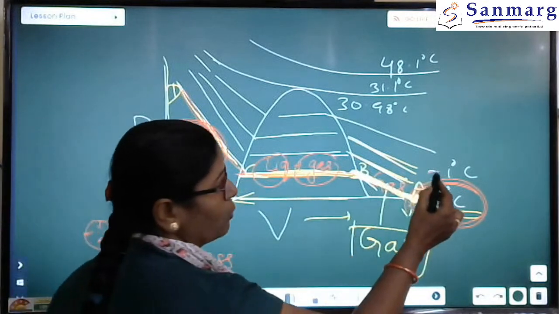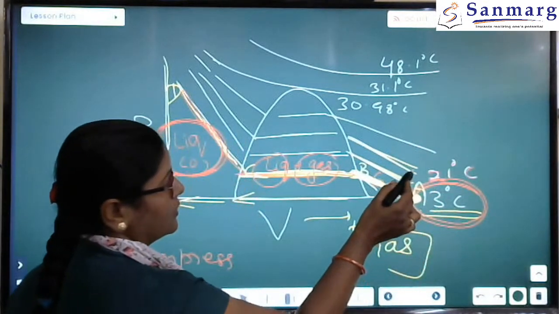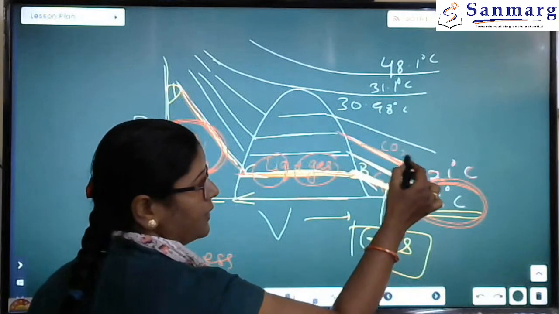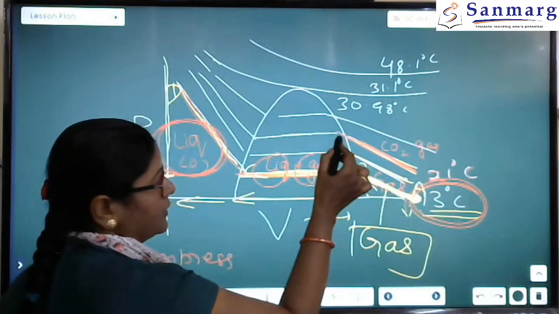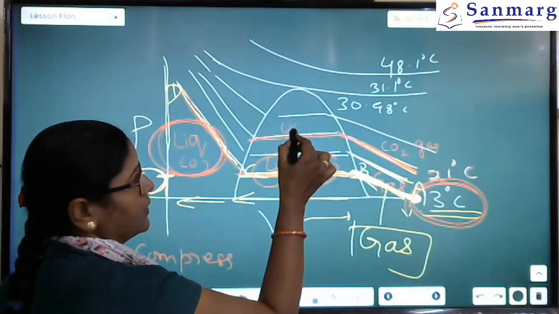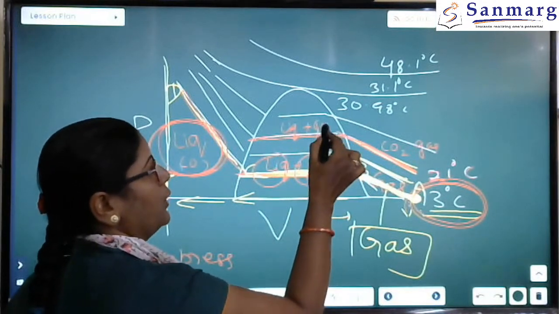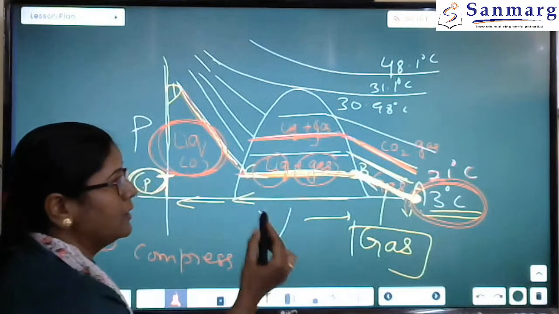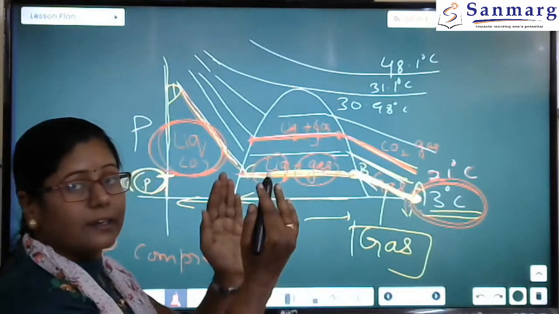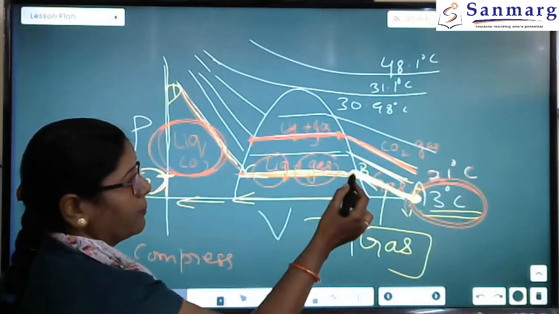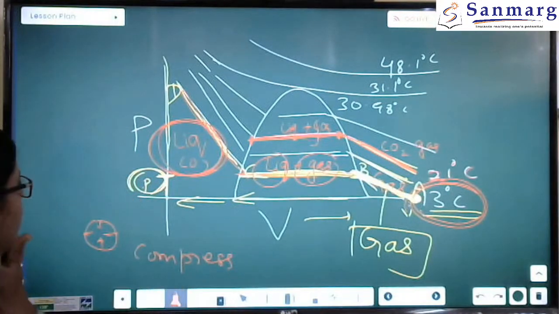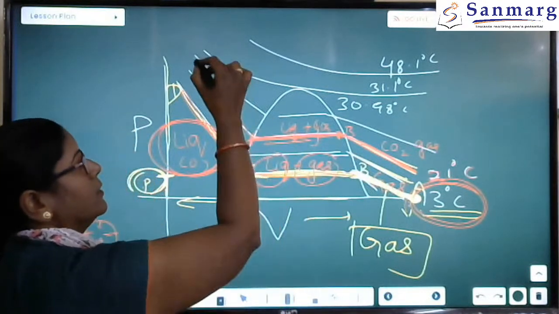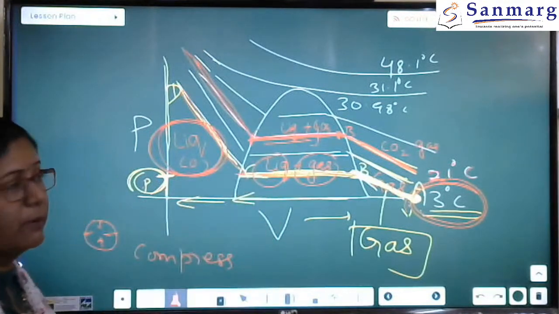So what happens at 21 degrees Celsius? Look, again the same thing, you get carbon dioxide gas. In this part again carbon dioxide exists in liquid as well as gas, both are there. But if you compare this with that, this point is decreasing, right? See here, part BC is decreasing, it becomes shorter. Then later again you get liquid carbon dioxide.